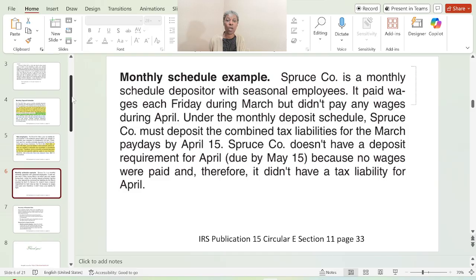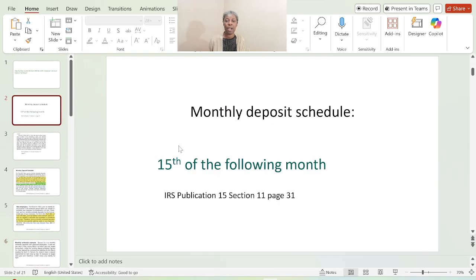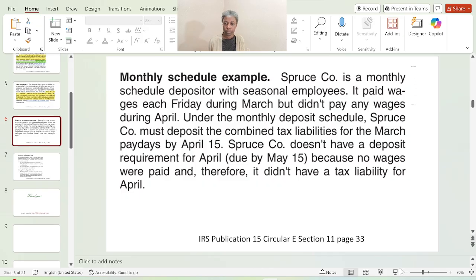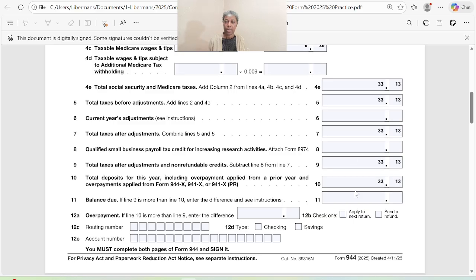So that is what those deposits are about. So we'll go back to our 9, 10. We are going to assume we made those deposits. 13. So balance due. Balance due is line 9, your tax liability, minus line 10, your tax already deposited, already